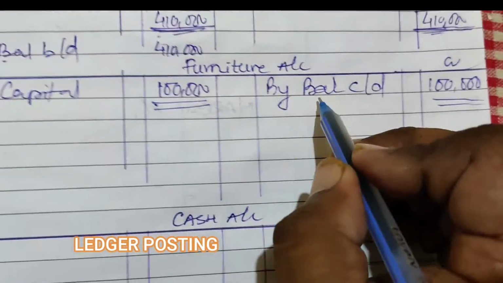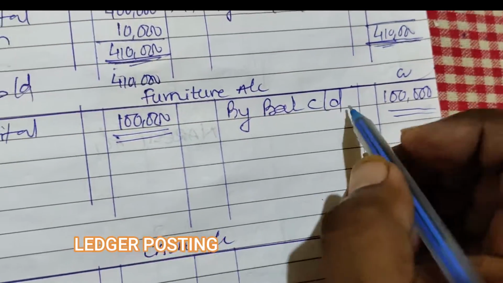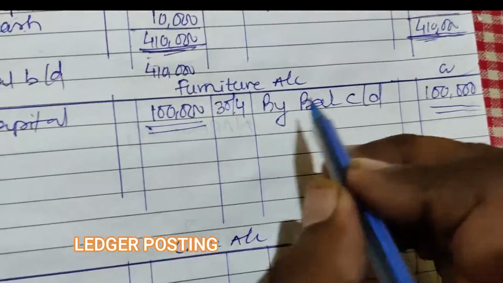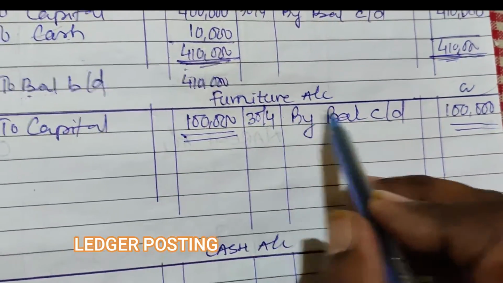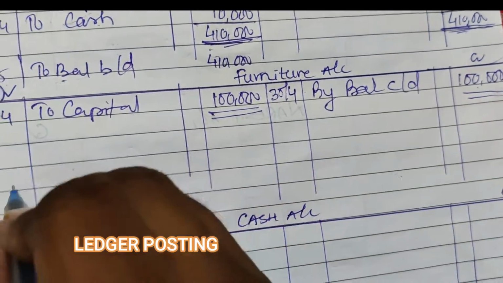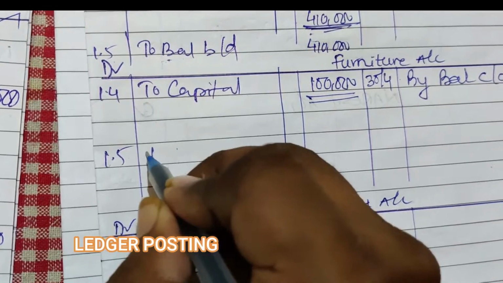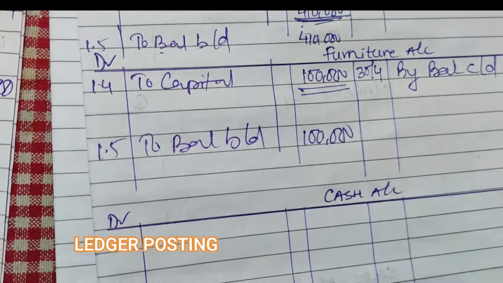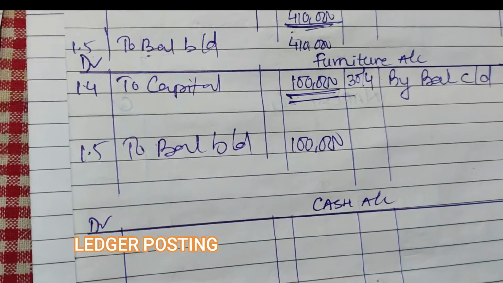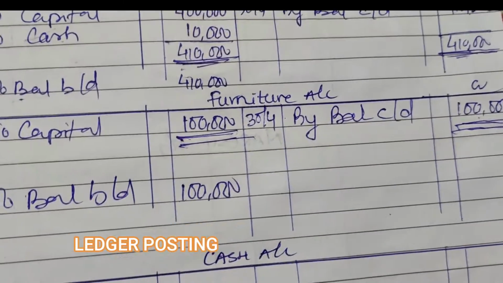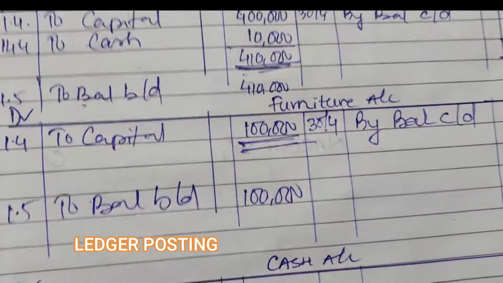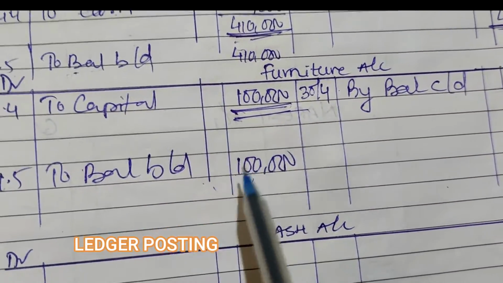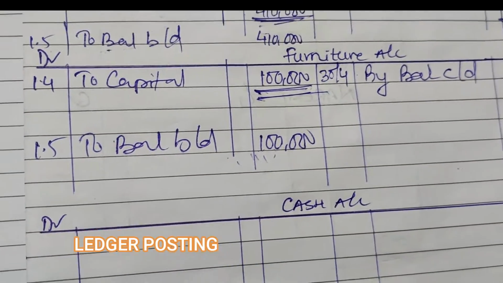This is the closing balance. By c/d means carried down. We close the balance on the last day of the month, so the closing value of the furniture is 1 lakh at the end of the month. This becomes the opening balance the next month, 1st May, to balance brought down 1 lakh. A double underline means the account is closed for that month. This balance c/d becomes balance b/d, the opening balance in the next month. Nothing more is to be done, no underline. Leave it like this only.